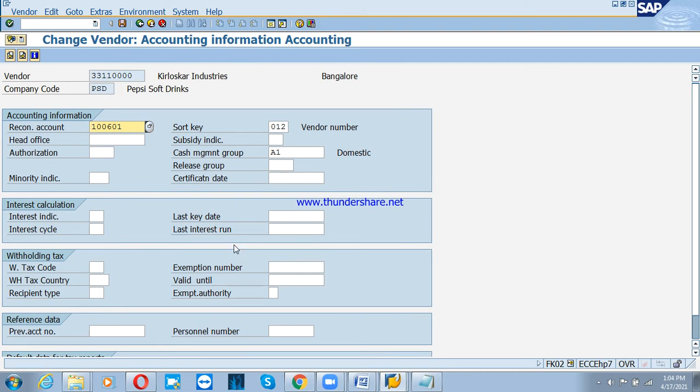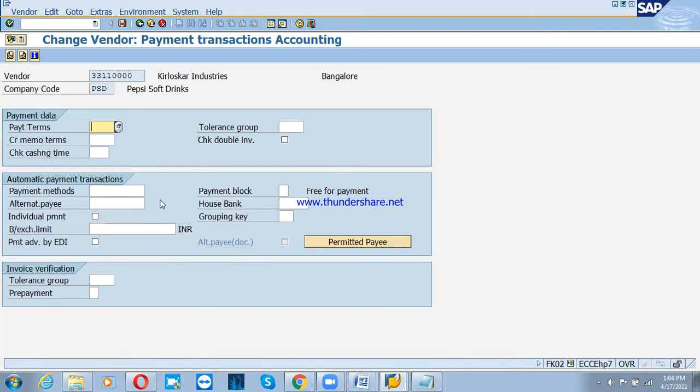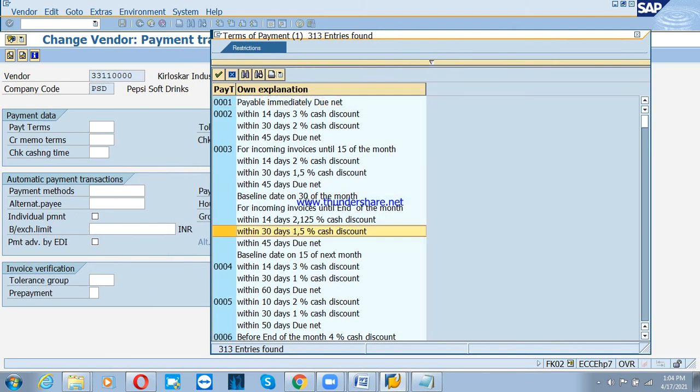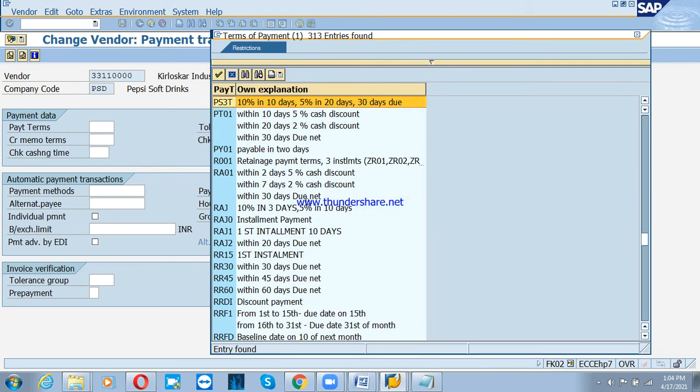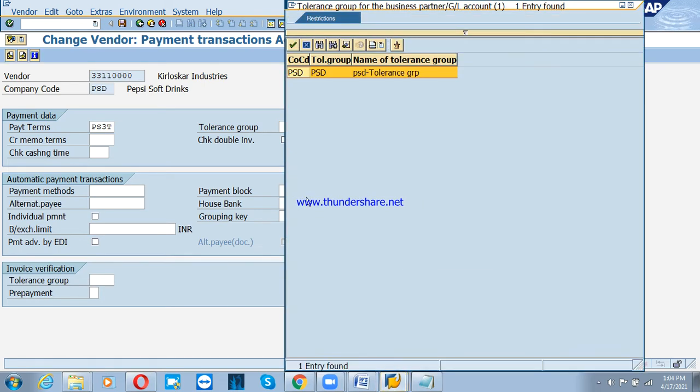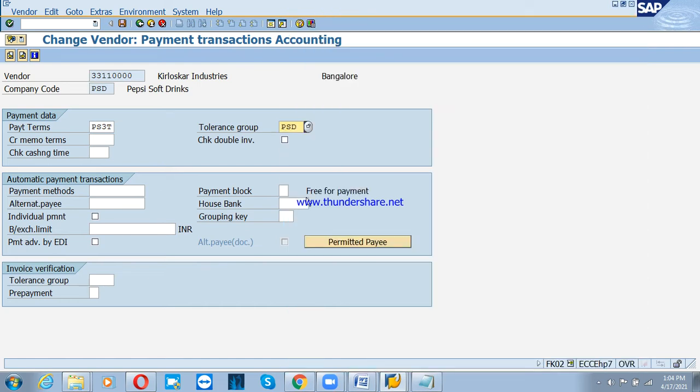Okay, so we'll come to the next screen, press enter. Here I need to maintain the payment terms. I think I didn't maintain. Yeah, I'll check once. Yes, we are having terms of payment PS3T, PS2T and PSIP. So here I am going to assign 3T, and tolerance group PSD,